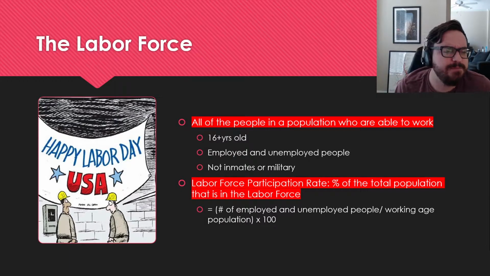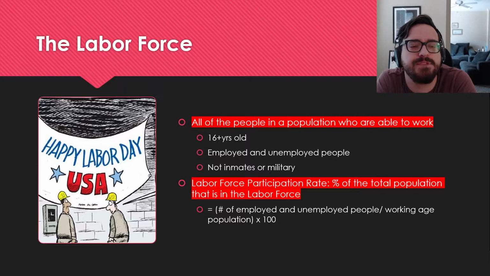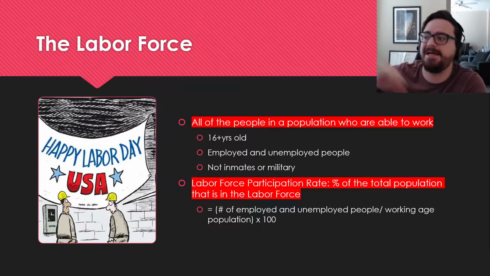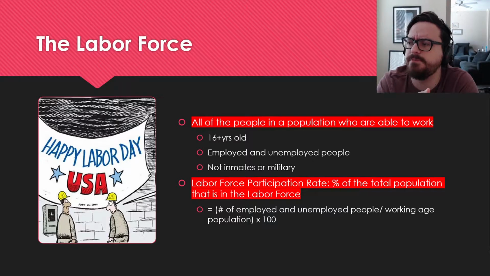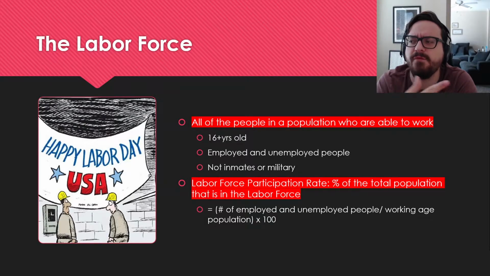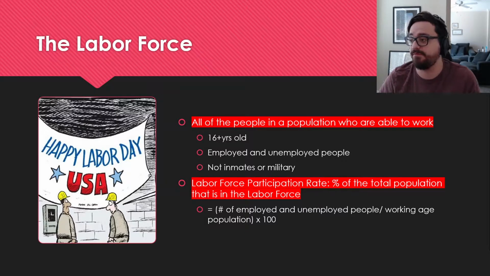It just tells us that about 2/3 of our economy actually can be working, which means, very importantly, a third of it isn't. So already off the bat, when we're looking at who's working and who is not, there's a good third of our total population that we are putting aside. And that includes children who shouldn't be working. It includes retirees who also realistically shouldn't be working, but it also includes military members, which is a couple million people in the United States, and prison inmates, which is another couple million people in the United States that theoretically could work, but don't get counted because they are excluded from the labor force.